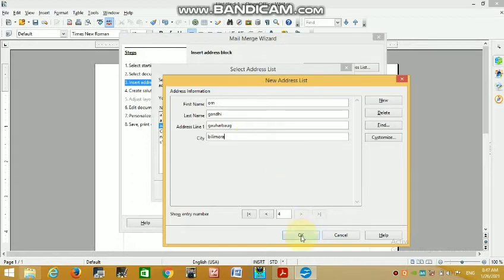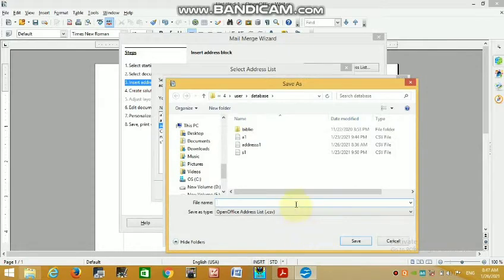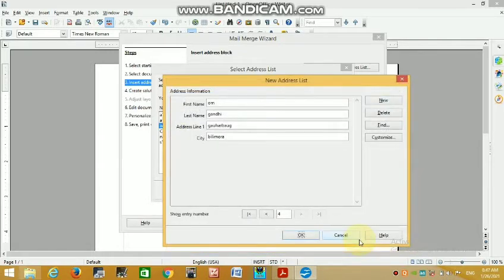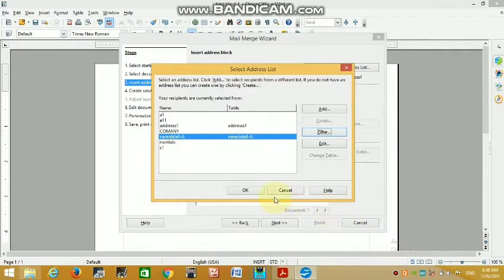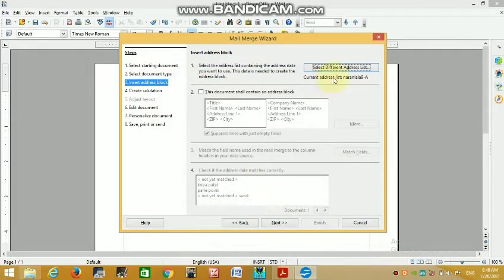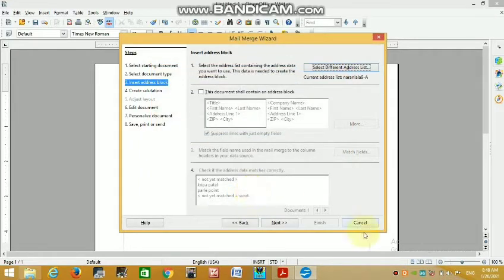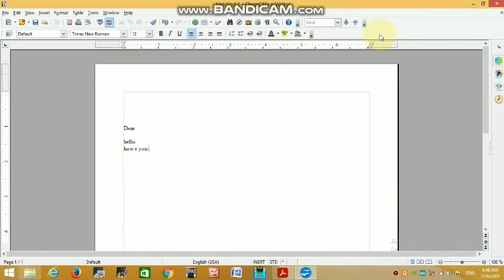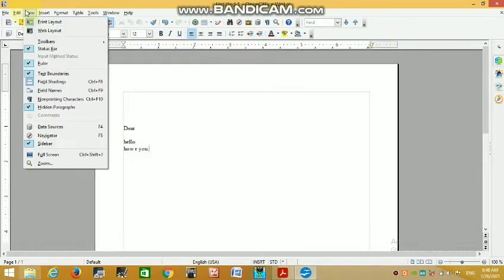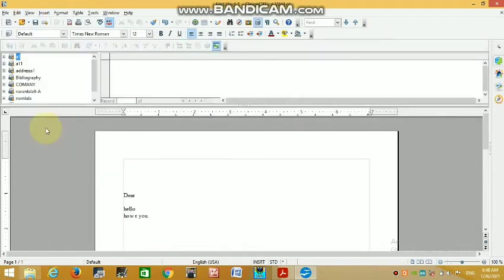So now click on OK. Now give the name of your file. Here I save a database Naranlala 9A. Okay. Now we use this database now. Next step is view and data source. We use Naranlala 9A and we use a table.